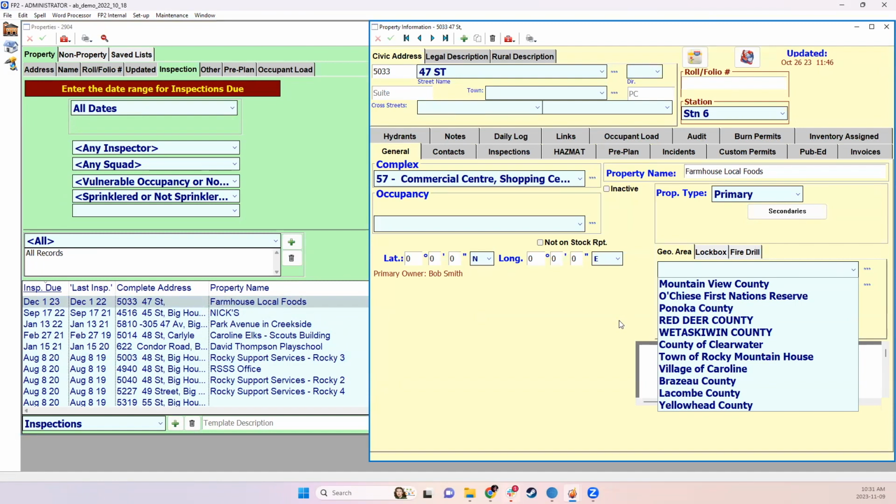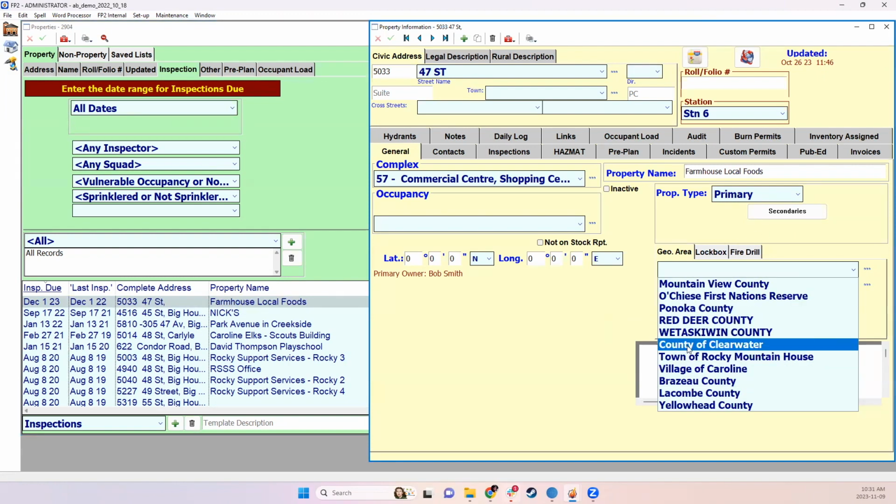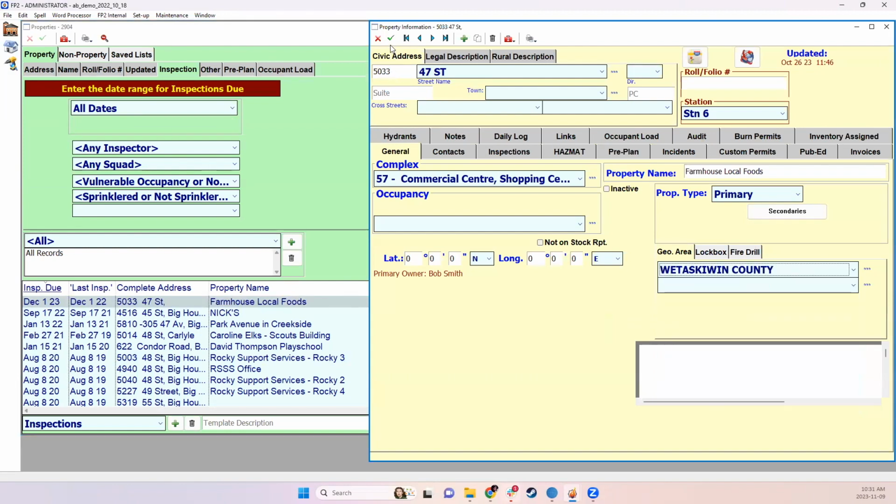And in many cases, if departments are doing responses where they're contracted into a neighboring area, or they're dealing with, say, a First Nations area, or they have some large subdivisions within their fire protection area that they want to keep careful track of, setting up geographic areas can be a really handy tool because it will allow you to basically take any incident which is assigned to this property and automatically assign it to a reporting area that you can run reports on